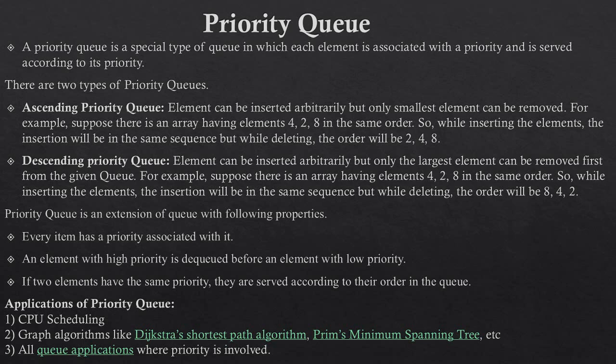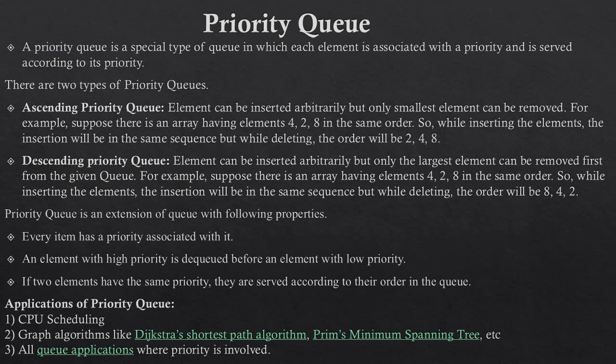2, 4, 8. Okay, in a descending priority queue, elements can be inserted arbitrarily, but only the largest element can be removed first. For example, if again 4, 2, 8 are my elements in the same order, while inserting it will be in the same sequence, but while deleting it will be in descending order, that is big to small, that is 8, 4, 2. So in priority queue,